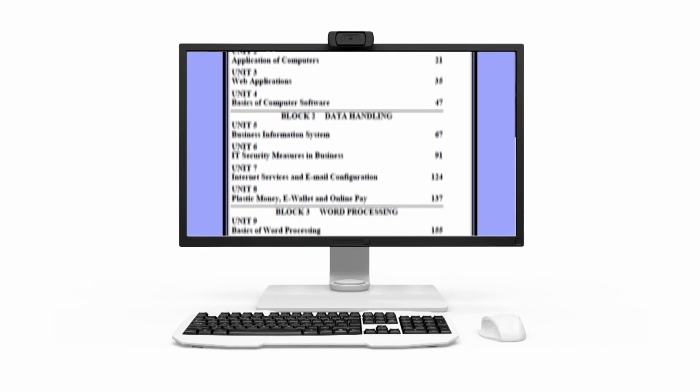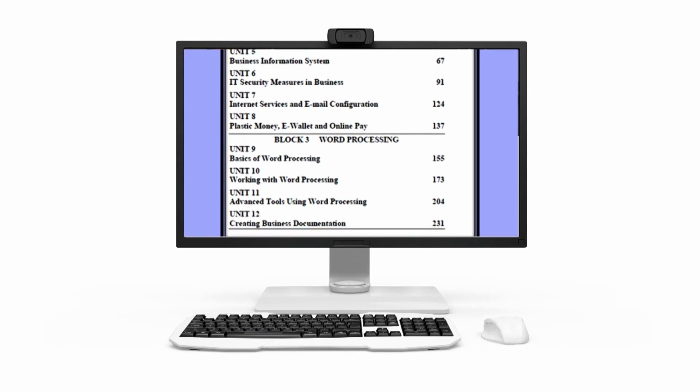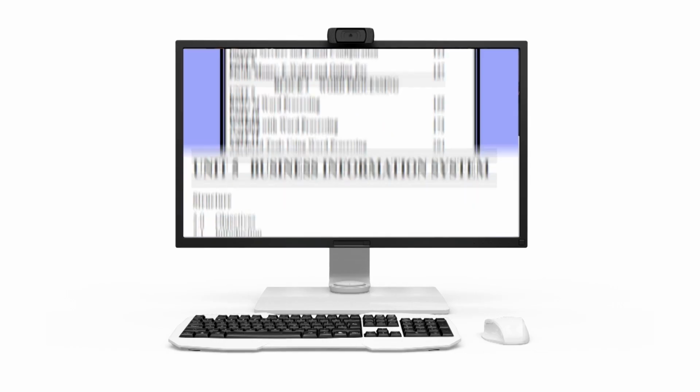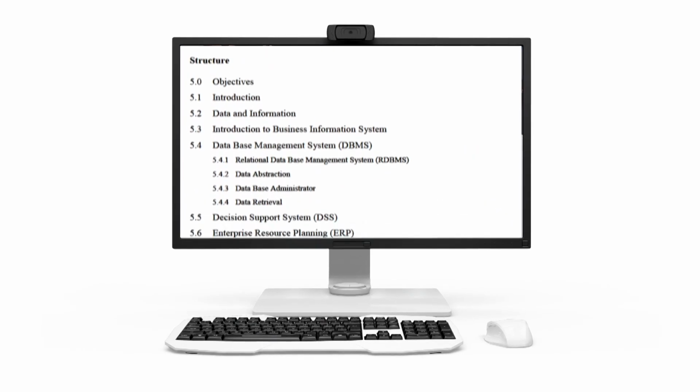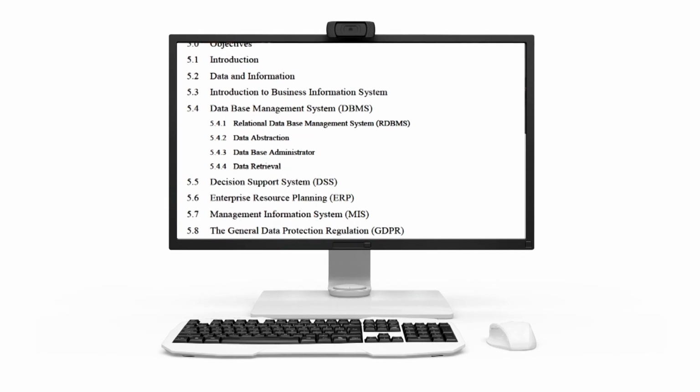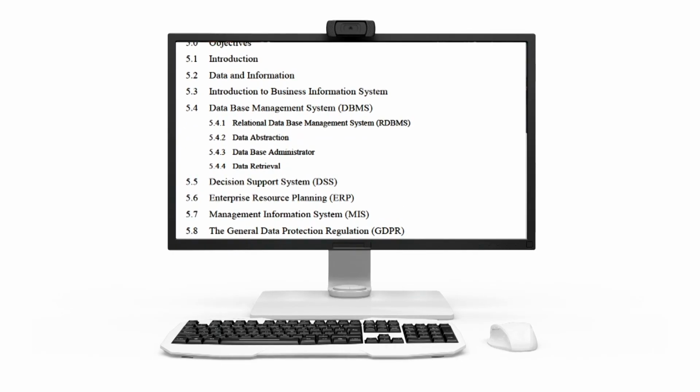So this is block 1, and block 2 talks about data handling. It starts with the business information system, then security measures, then how you're going to configure email and use internet services, then plastic money, e-wallets and online payment. So anyway, if you see this particular course title, that is business information system, we are here with the